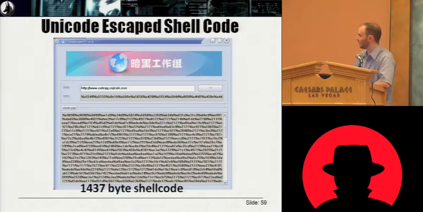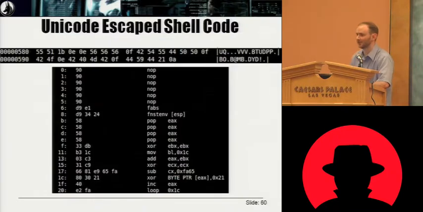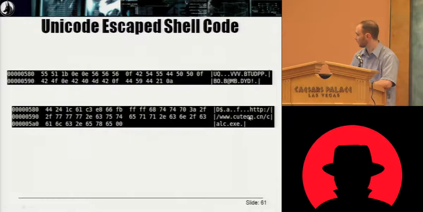Now this is just their shellcode generator, which generates a blob of nice Unicode escaped. It's now 1,437 bytes in size. A little more functionality here. We're getting a little bigger, and it's no longer in clear text. So our actual download string at the end is in the same place, which is great because you can easily find the XOR key. And then in the shellcode itself, it has an unXORing stub that first executes and then unXORs the rest of the shellcode in memory, which will give you the actual download link.